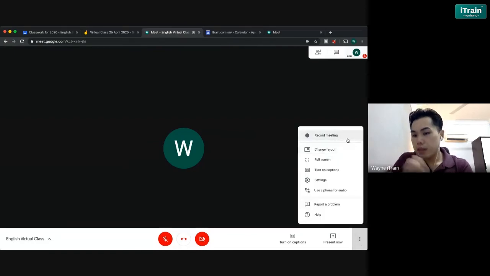So another thing I would like to let you guys know is that some of you here might not be seeing the record meeting button. This is because you need to actually talk to your IT department to make them enable this feature for you. And for your information, this feature is actually a premium paid feature, but right now Google actually